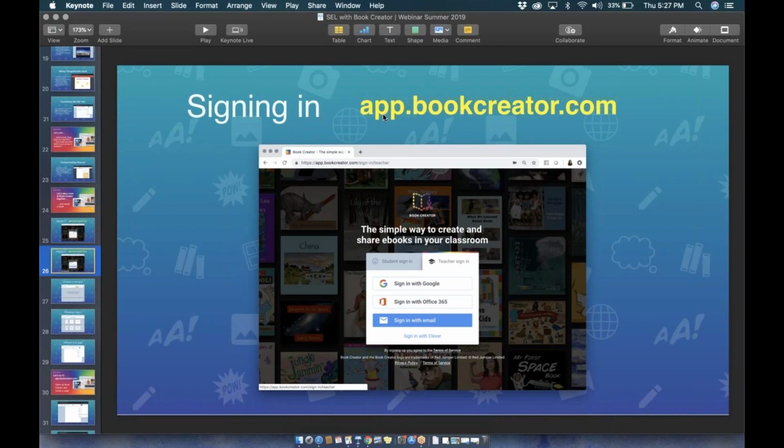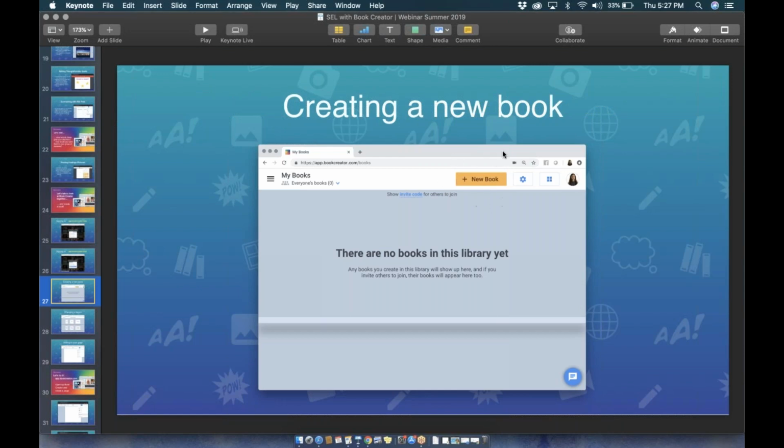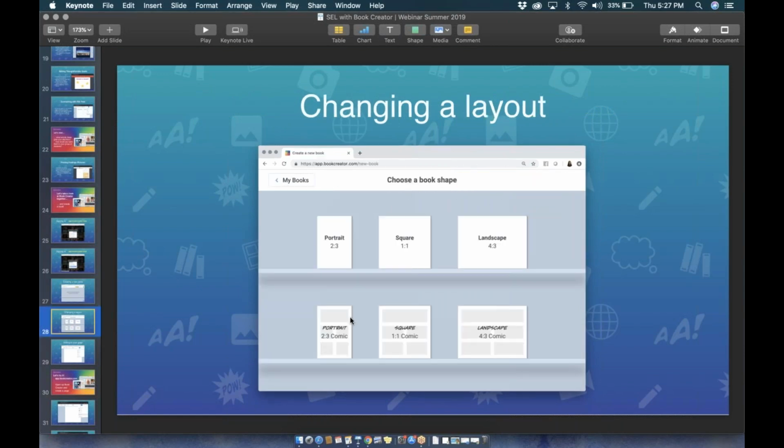So if you're signing in for the first time, you might see some questions pop up about what grade level you teach or setting up that first library. But at bookcreator.com, I'm going to show it to you on my Chrome web browser. This will take you through this piece that we're going to go into in just a moment. Once you're there, you'll have an opportunity to create a new book, choosing which book shape. Today, and I typically use the landscape when I'm demoing because it fills up the whole screen, you'll see me use landscape. When I did the pen pal side by side, I used portrait. Square is also wonderful. And then there's the comic ones, which we won't talk too much about today, but they're also lovely for students too.